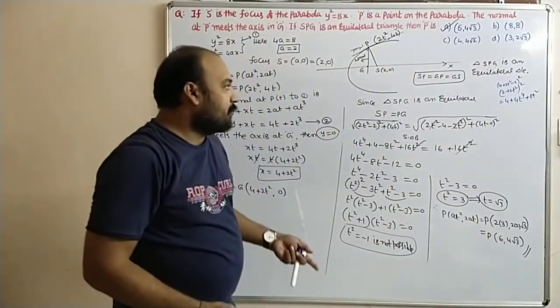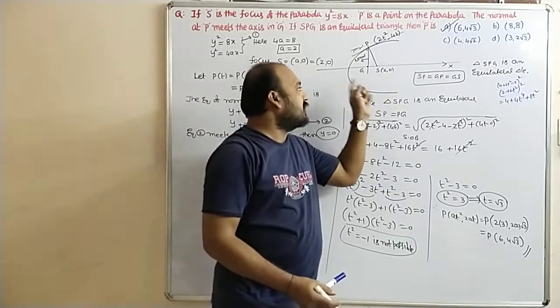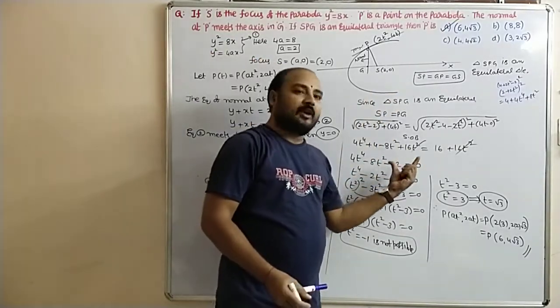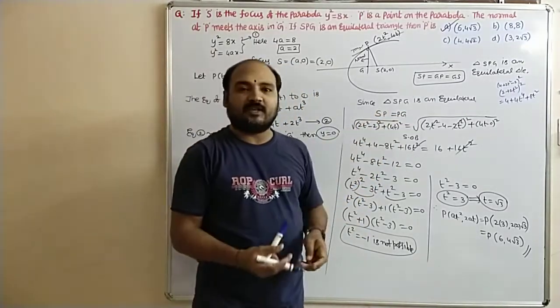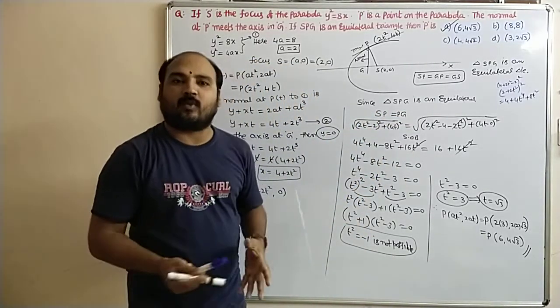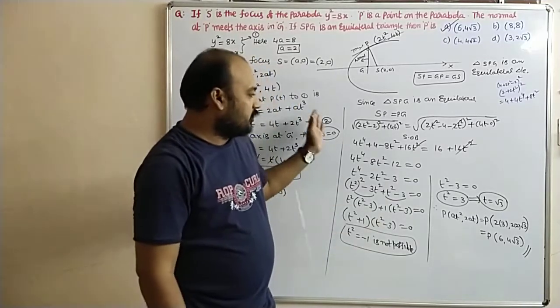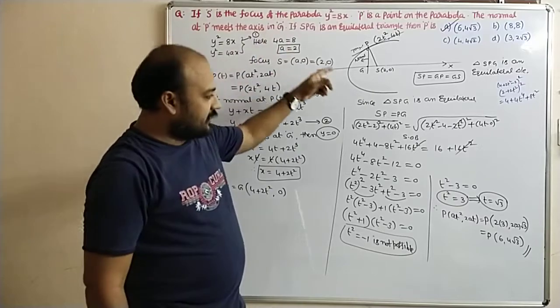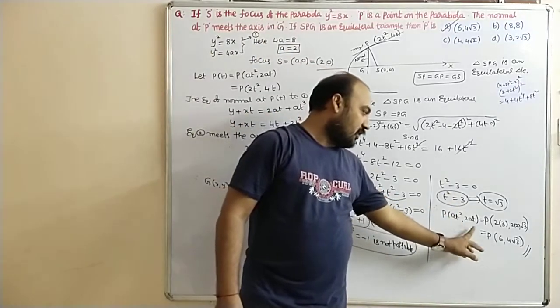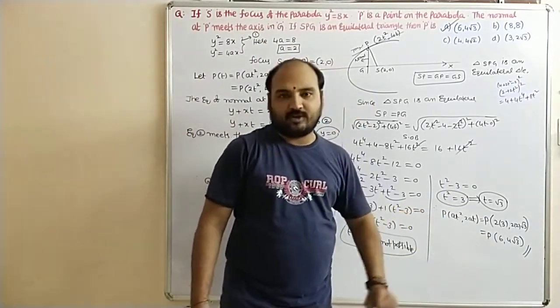If you take previous case like SP is equal to GS, we are not getting the variable t. So that is the reason we have considered other case SP is equal to PG. Since it is equilateral triangle or are equal. So that is the reason. Like this we can get the answer. The required point on the parabola P is P of at square comma 2at which is P of 6 comma 4 root 3.